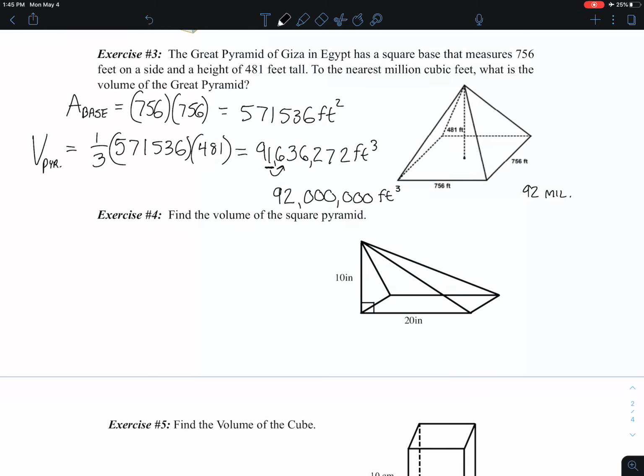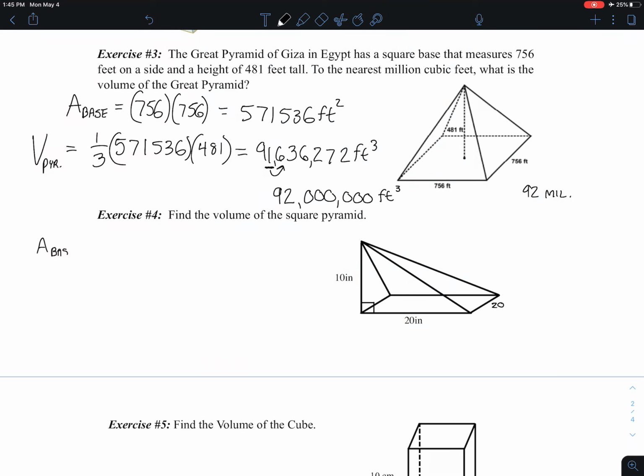It says, find the volume of the square pyramid. So again, we have a square pyramid. This one is called an oblique pyramid because it is slanted, all right? It's not perfectly straight up and down like the nice pyramids in Egypt, right? It's a weird looking one. And we need to find the volume of it. We know that the base is a square, so everything's going to be 20, right? 20 times 20. And let's go ahead and find the